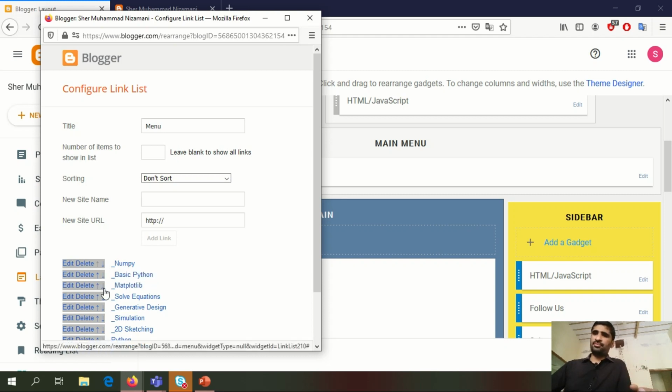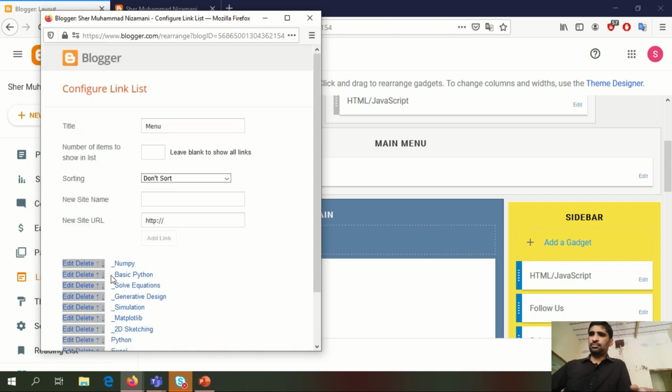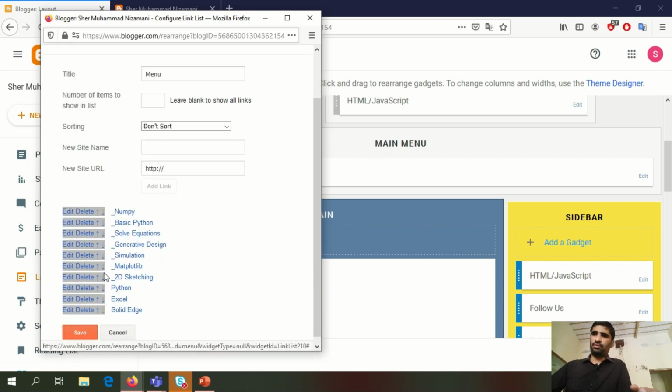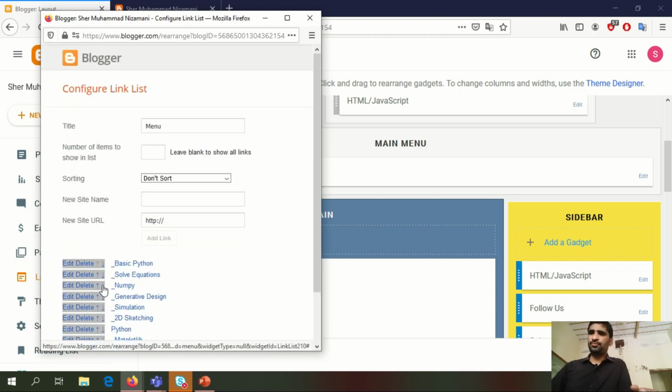Actually I want matplotlib to go down up to my Python. So okay, matplotlib is below Python. Same as I want with NumPy, I want it as a subheading below Python, and the same I want to do with this basic Python.